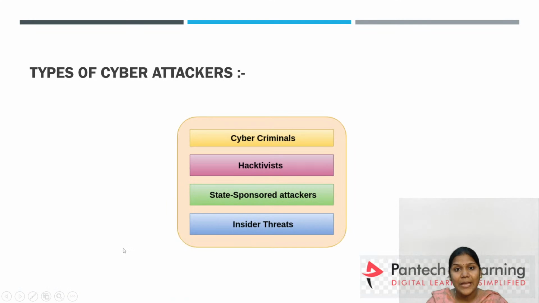Here come types of cyber attackers. What are the different types of cyber attackers we can have? Cyber criminals, hacktivists, state-sponsored attackers, insider threats. Cyber criminals work through the internet. Hacktivists hack the information at the back end with just small information, right? State-sponsored attackers work through people. Insider threats means within the organization there will be a few negative people, right? So the attacking might be done through them also. Information might be sold. That is also one of the attacks.